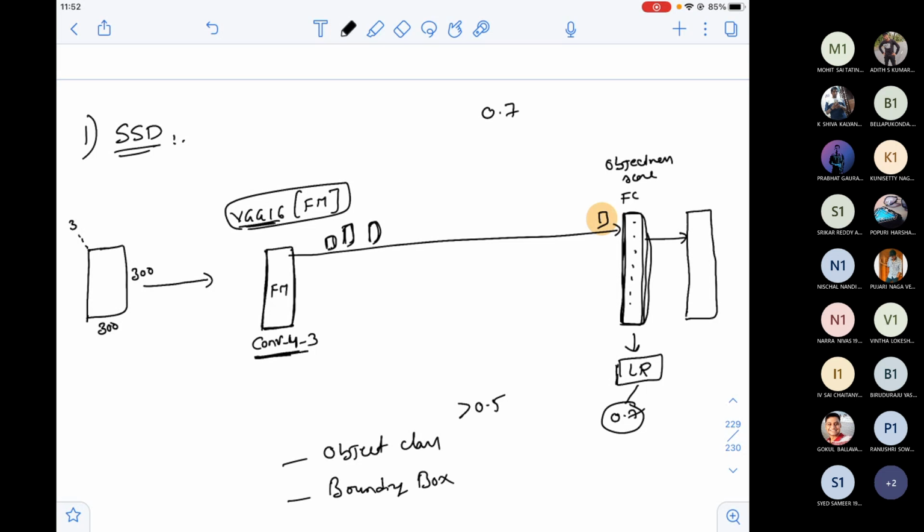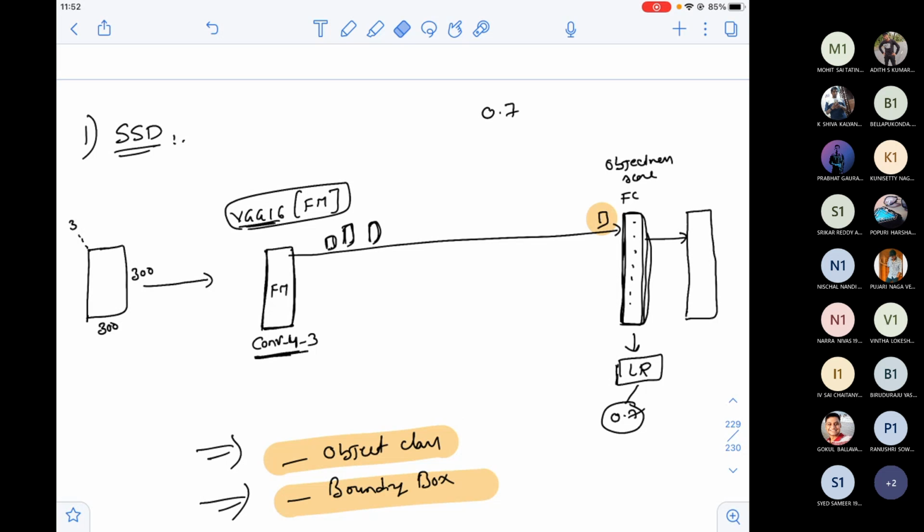These are the two problems that I've addressed. That's obviously my ultimate outcome: the object class and bounding box have to be predicted.